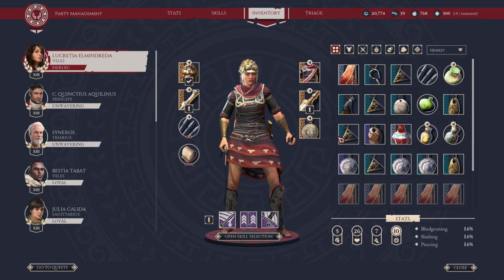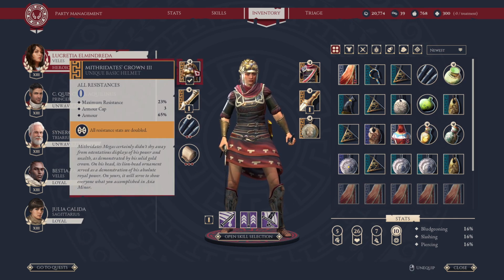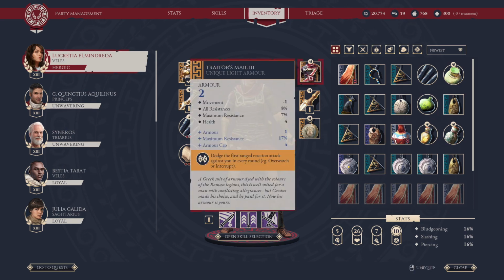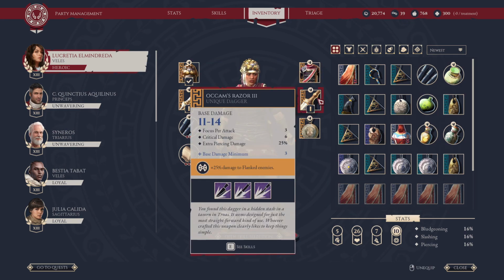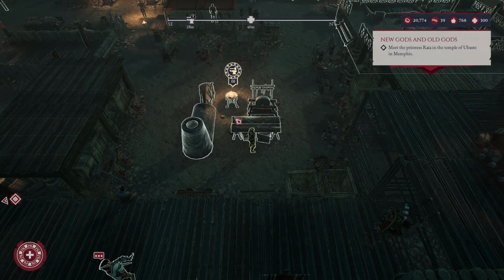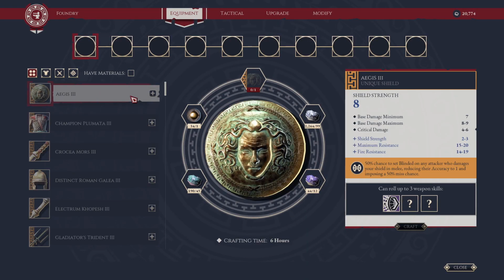So I have done a little bit of upgrading. I have gotten all of our unique pieces of equipment up to level 3, except, of course, the Token of Libitina. Some of them I had to break down and remake, because there's a few things that...